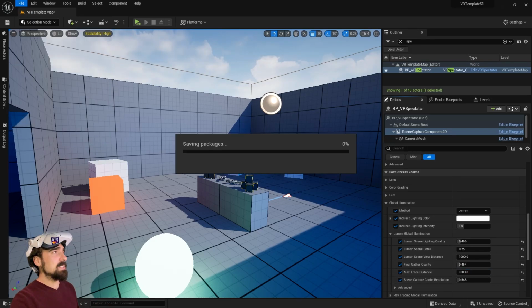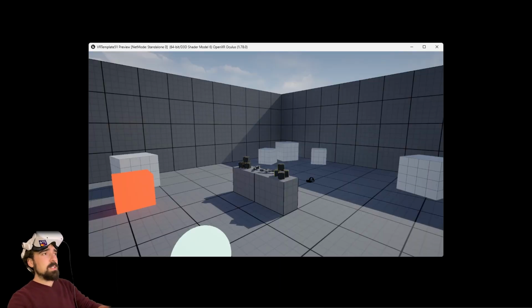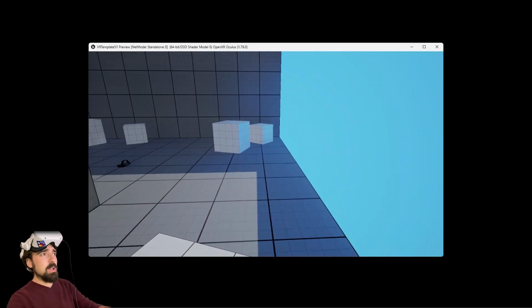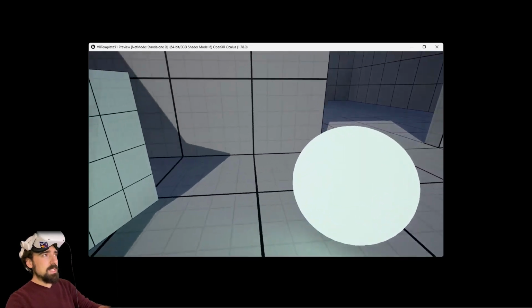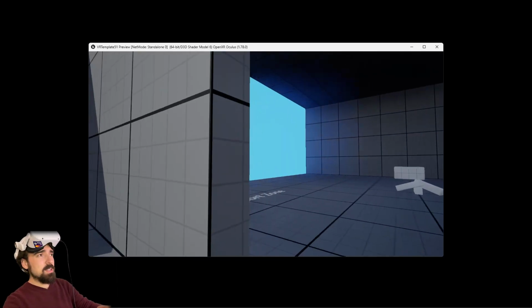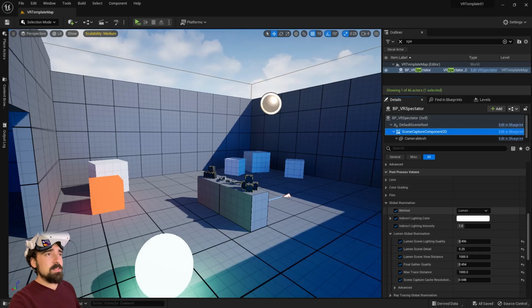Save all for that, and then we go and we test in VR, and we see that we are actually glowing. There's actual global illumination. We see light on things, and over there, cool. And yes, the other thing you can do, as I was about to say, was instead of doing anything over